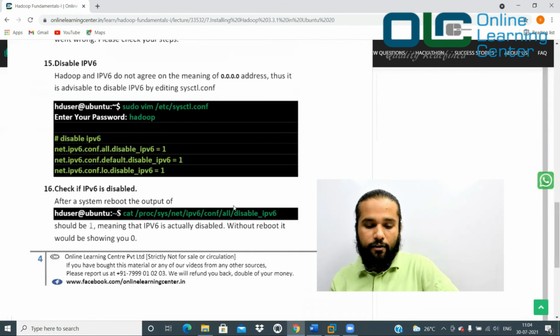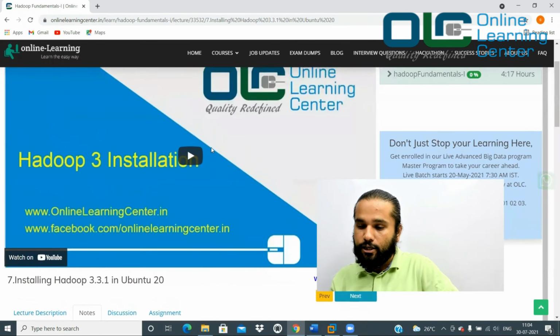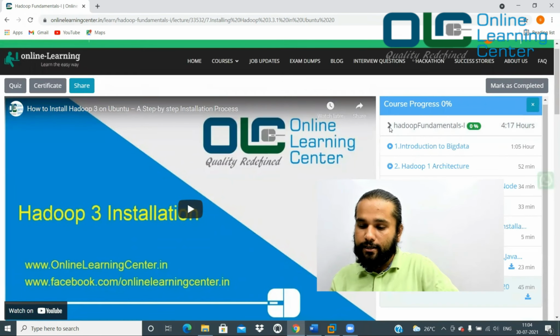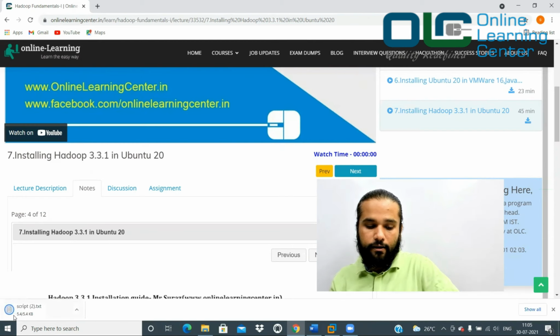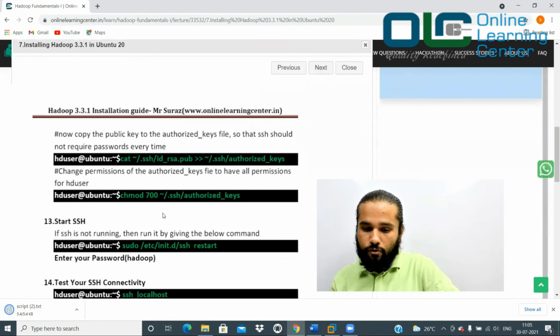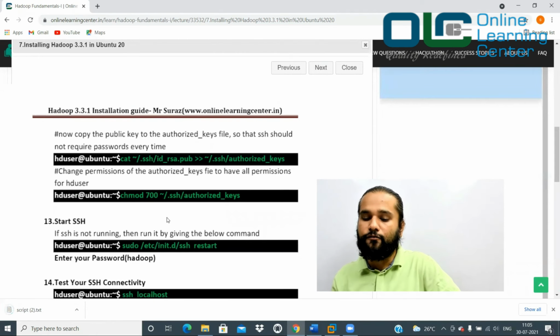But I would not advise you to type these commands manually because you may make a lot of mistakes. A simple space or a mistake will lead to an error. What you can do is go to this side, and you will see a small download icon here. Click on this download, and it will download a script file for you. This script file contains all these commands that I have written here, so that you don't have to type them out. You can just use the script file, copy and paste, and you should be able to do it very neatly.